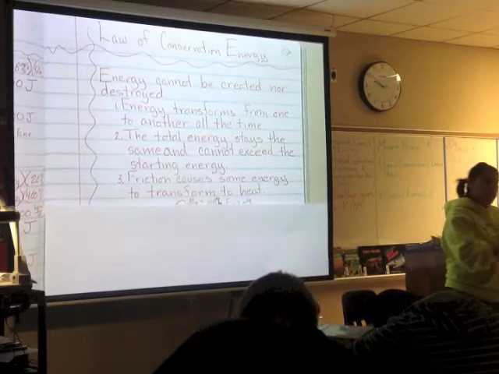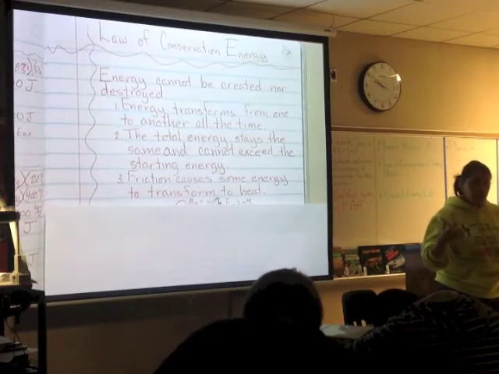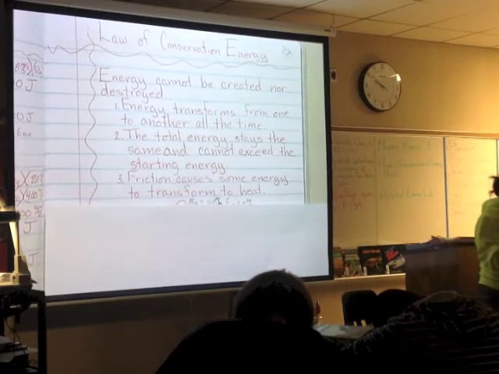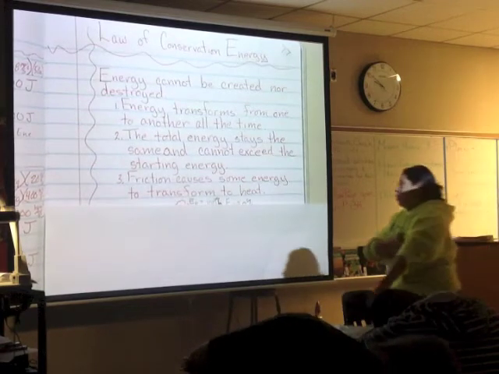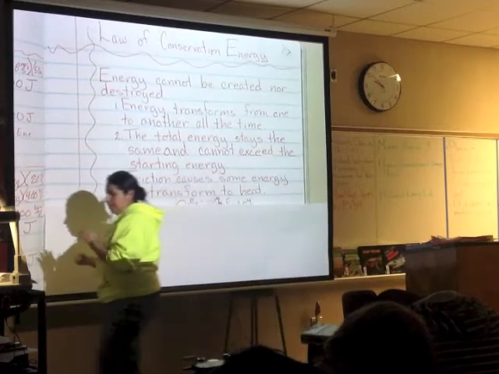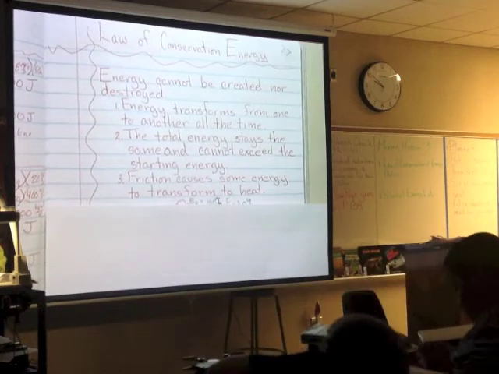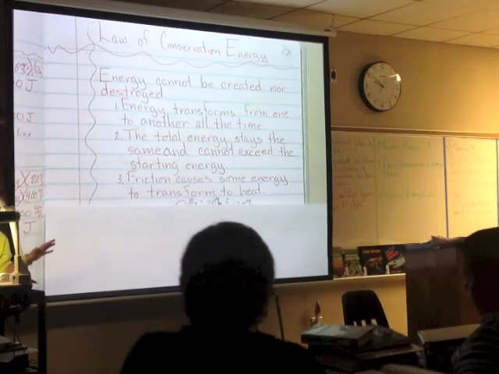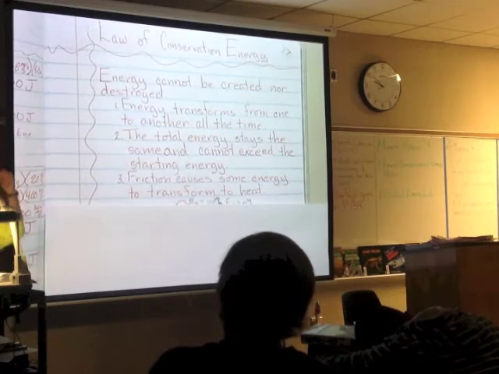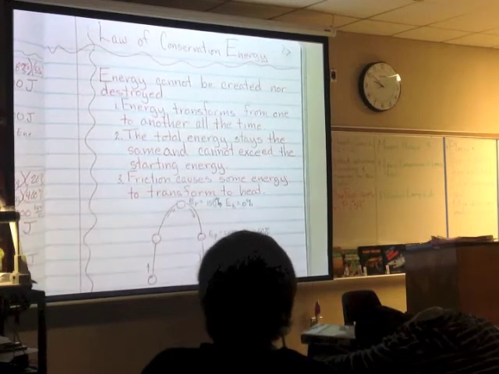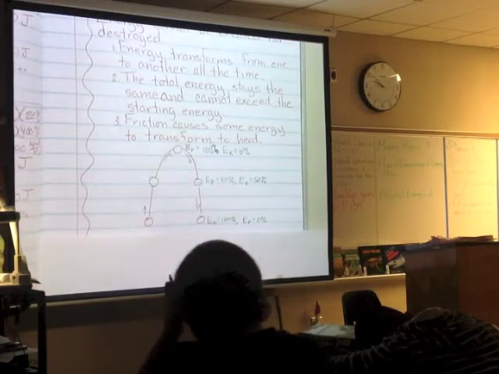Because if we ignore friction, it's easier to calculate because we know our total number and we know how it transfers equally. Okay? So, when we're looking at law of conservation of energy questions, I need you to ignore friction. So, nothing gets lost as heat, nothing gets lost as sound. It all stays in the system. Think that vacuum, perfect world kind of thing. So, looking at this diagram, once again, I ignore friction.